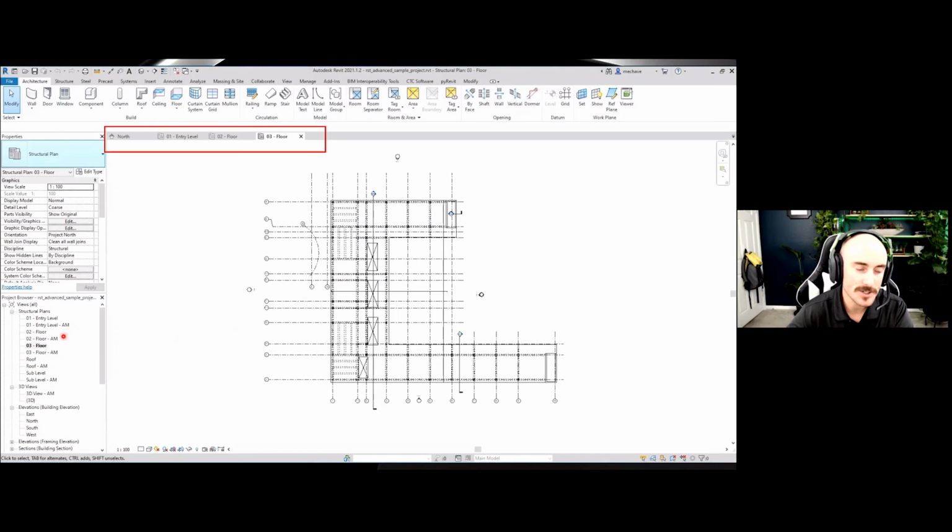We just talked about our project browser over here in the bottom left. If we double clicked on a view in here, it would open up in its own tab. And in its own tab, we can switch through different views to allow us to see what's happening, right? We have parametric data now. We're not designing per plan, then creating our elevations from those plans. We're generating our model, which is then creating our views for us.